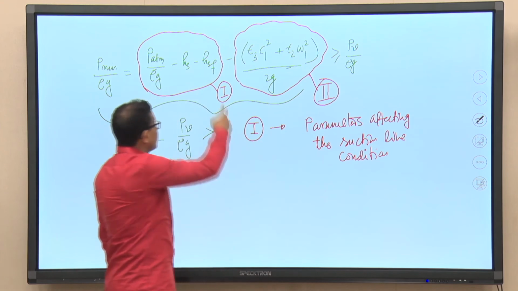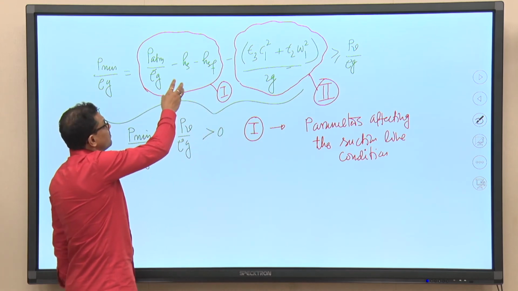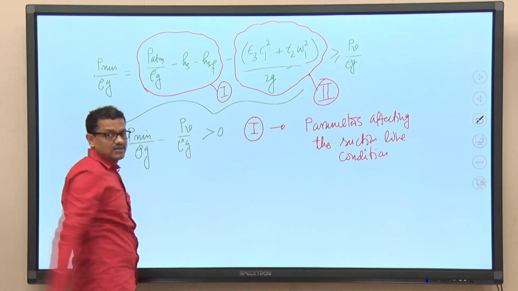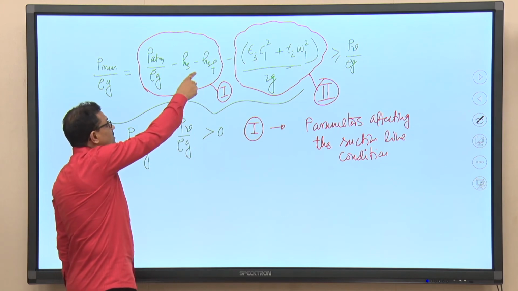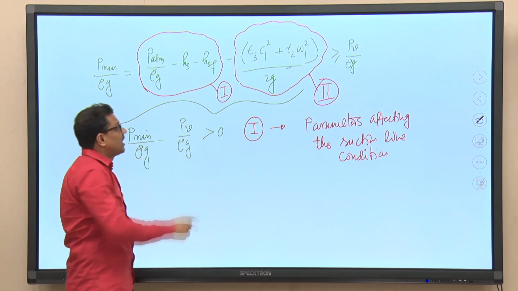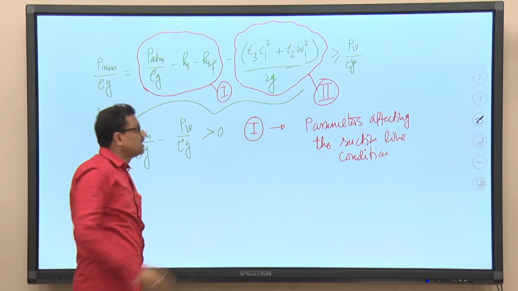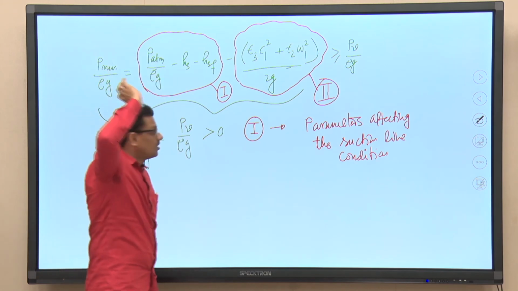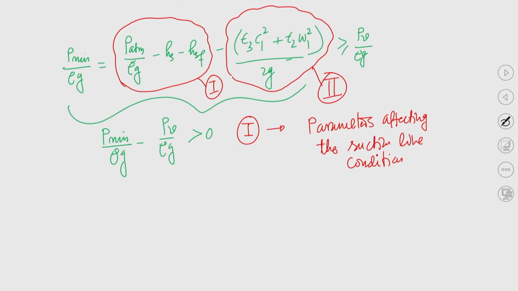In the first term, if we try to minimize Hs, and if we try to minimize HSF, so this fellow is fixed. So, from here at least Hs should be as small as possible